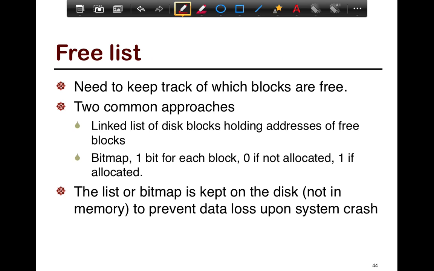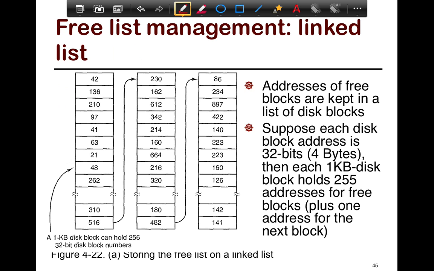It also has a critical impact on how the free list is maintained. The free list needs to keep track of which data blocks are free. Remember that when you map a file to the disk and create space for it, you need to keep track of which blocks in the disk are free so that you can allocate. So there are two ways of keeping this list. You can either use a linked list or a bitmap with a 1-bit flag indicating whether the block is free or not. We'll look at the trade-offs in each.